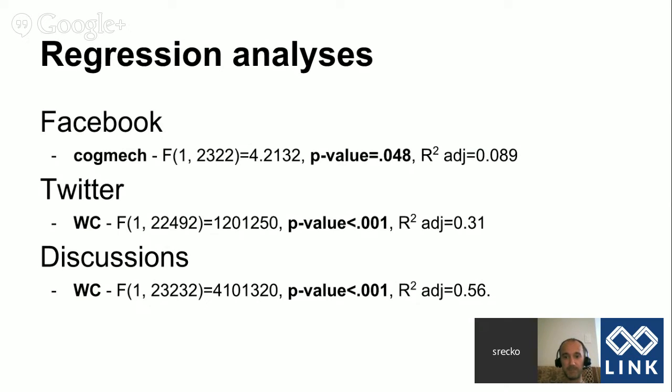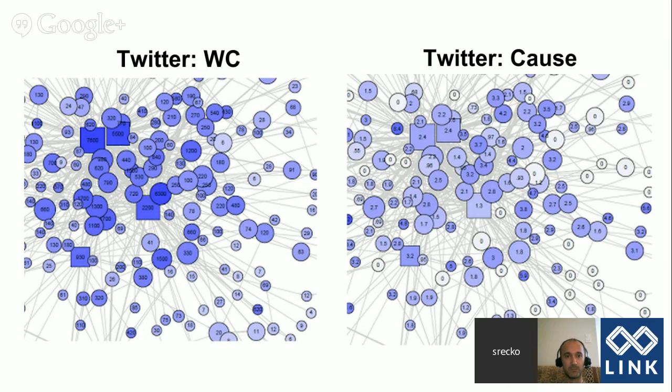Yeah, thanks. There are a lot of other categories that we analyzed, and some of them have maybe even better results, but you just couldn't fit them all into this initial analysis. But for example, what might be interesting in this slide, we tried to show this central part of the Twitter network, and on the left side we can see how word count influences the network position. But on the right side, what we can see is,